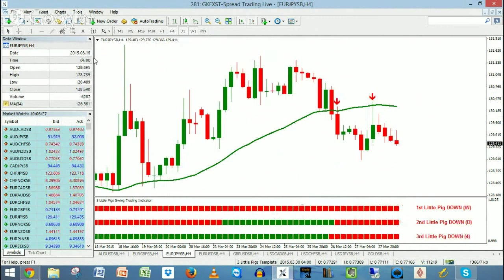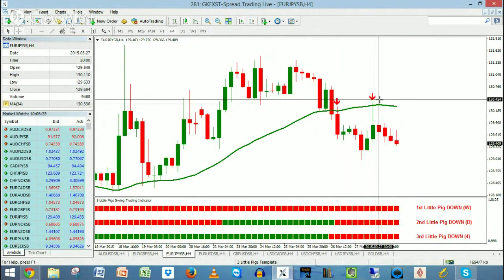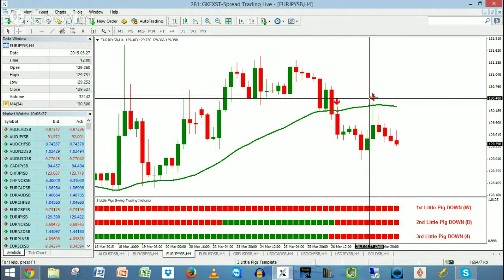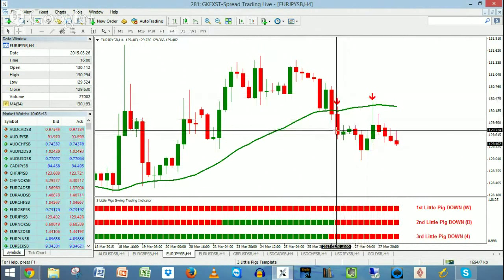Euro JPY, one of those that I mentioned in the newsletter. Our entry was here on the close of this candle. Didn't get stopped out here using the trailing stop as defined on the one-on-one course, which incidentally is going up to